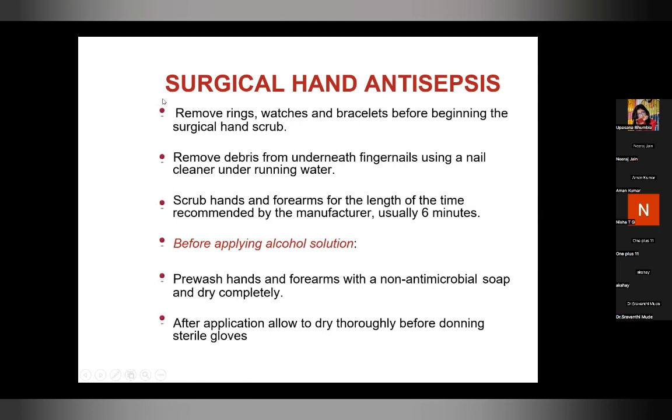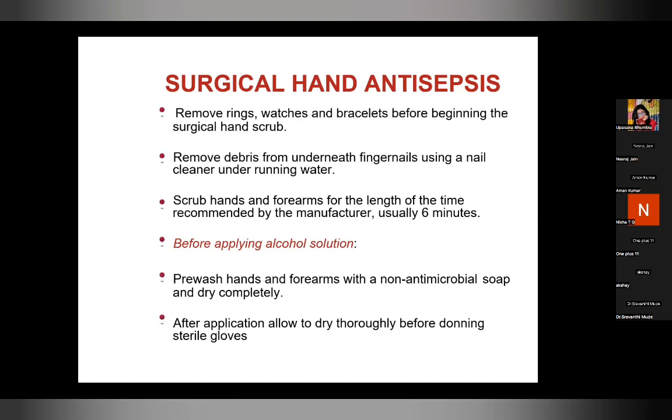So I was talking about what are the 5 moments of hand hygiene. I spoke about the hand washing 6 steps. That I have told you in Hindi also, because at times when we are teaching the staff or the lower staff, we need to have a brief idea of how to teach them. And when we talk about the 5 moments of hand hygiene, the first and the foremost is